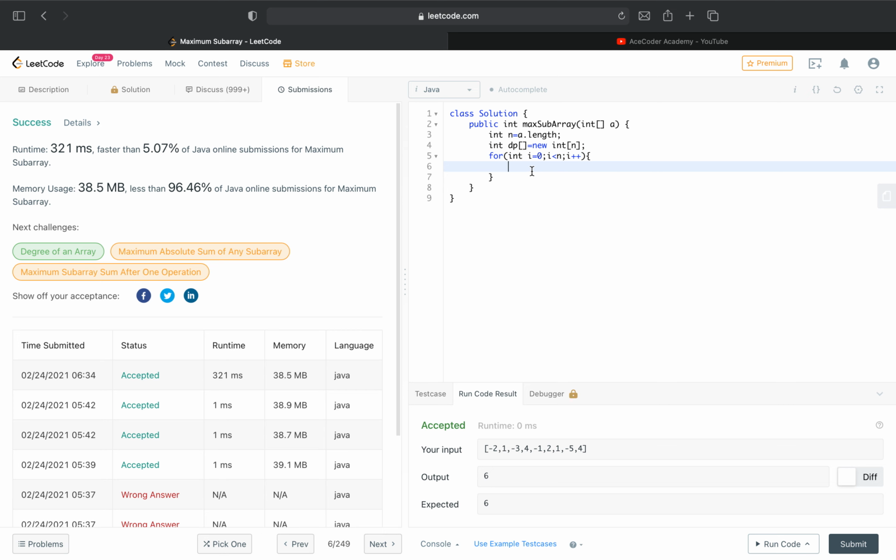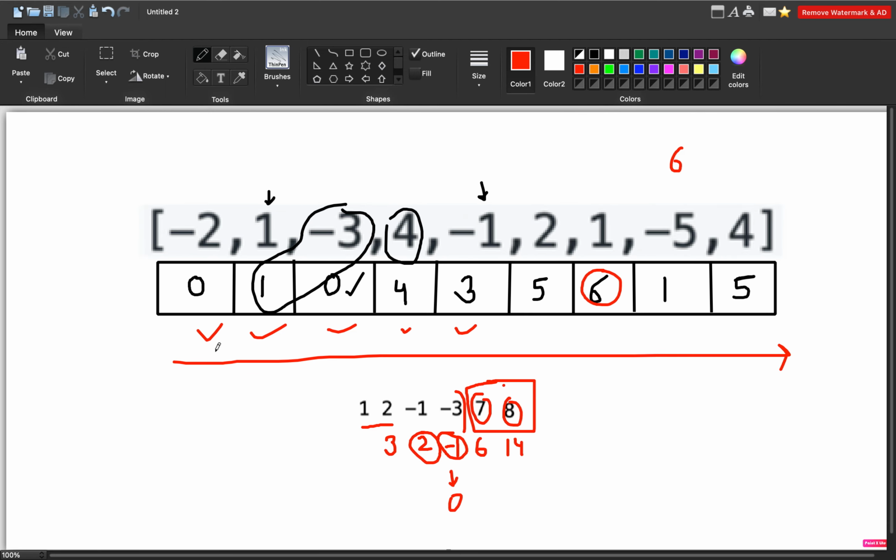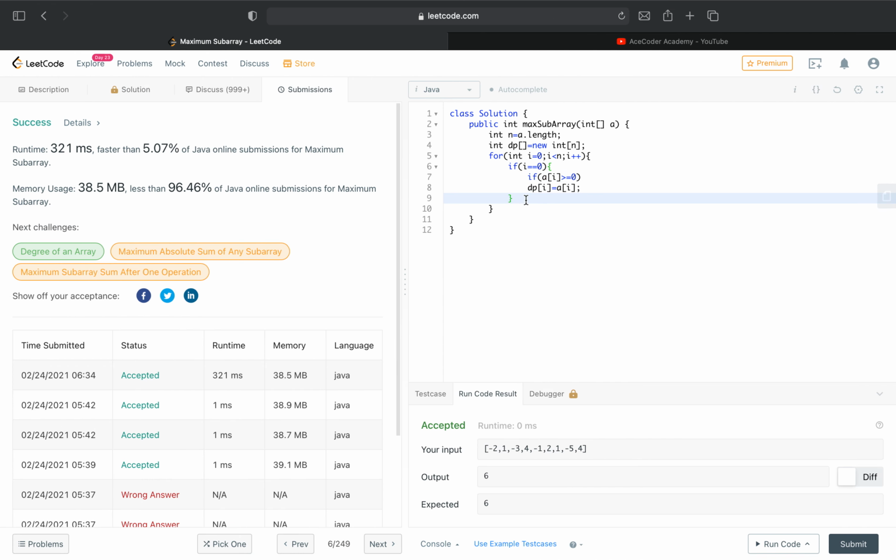Okay, so for the base case, if i is equal to 0, what we will be doing is dp of i is equal to a of i, and here also one condition: if a of i is greater than or equal to 0. Why are we doing this? For this index, since it was lesser than 0, we just updated it with 0. But if it was positive, like plus 2, then we put 2 here. So that is the reason we are doing this. And else case,